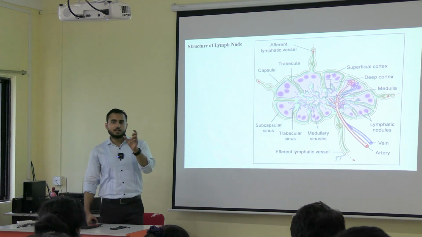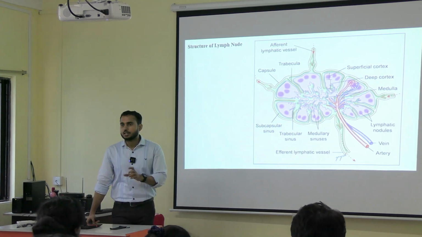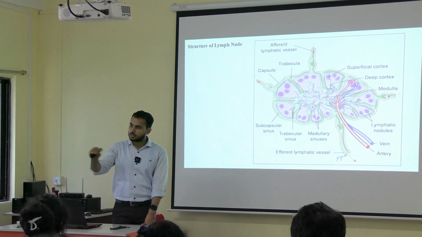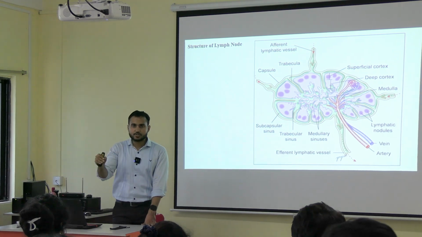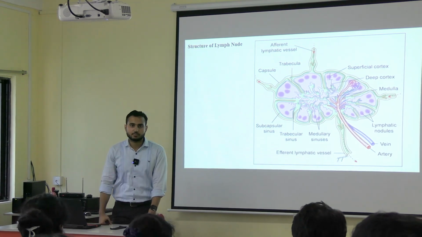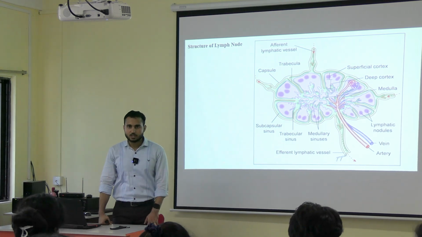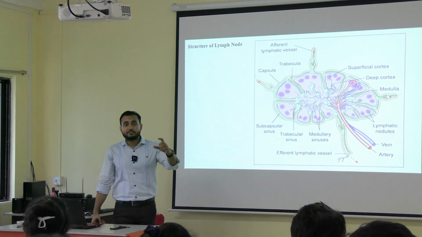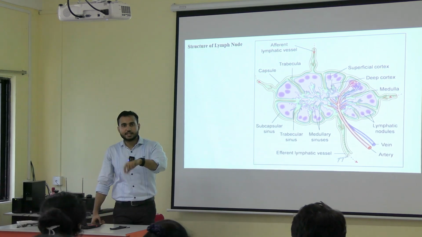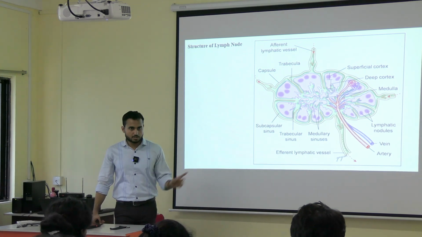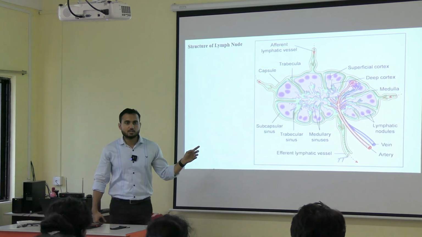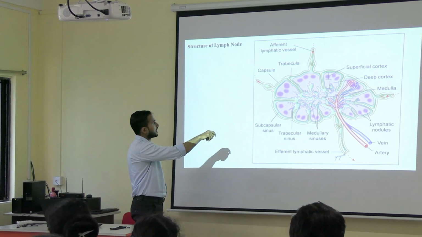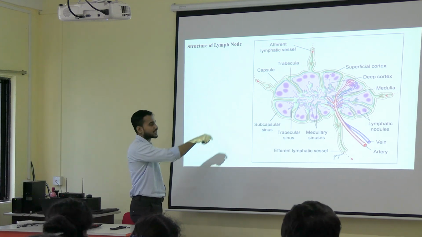So if you see the lymph node, इसका जो shape होता है, it is actually kidney shaped. Okay. One convex surface is there and one concave surface is there. जो concave surface होता है, in that you will be getting the hilum. I hope you know the meaning of hilum. जो convex surface होता है, okay, that is very important because afferent lymphatics used to enter the lymph node through the convex surface. Can you see the convex surface? Which is the convex surface? Yes. See, this is the convex surface. तो जो afferent lymphatics है, how it will enter through this convex surface.